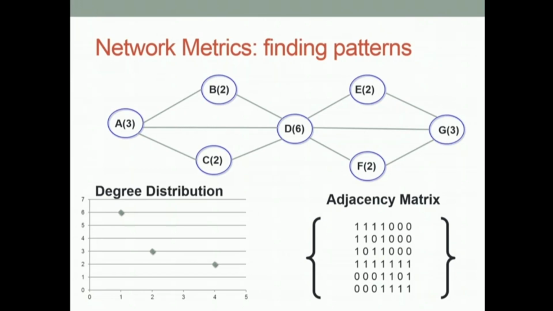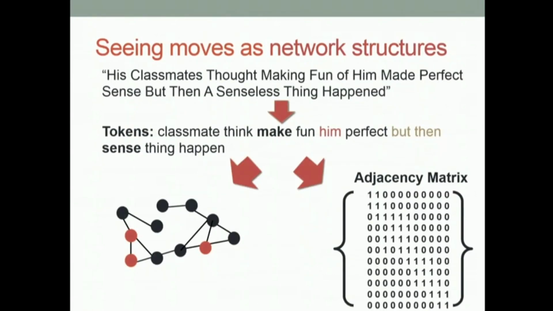So from there, you can see the node in the middle position, which is very important. If that's your cable company, you don't want node D going out, right? Because everybody on either side of the network loses connection. You can see that that's the fourth line in the adjacency matrix. It's got all ones across the board. But if you look more carefully at that, something else happens. Look at that right-hand adjacency matrix for that network of tokens, and you start to see something that looks like a digital fingerprint. And it's a digital fingerprint that we could substitute out the semantic tokens and still retain the structure of.